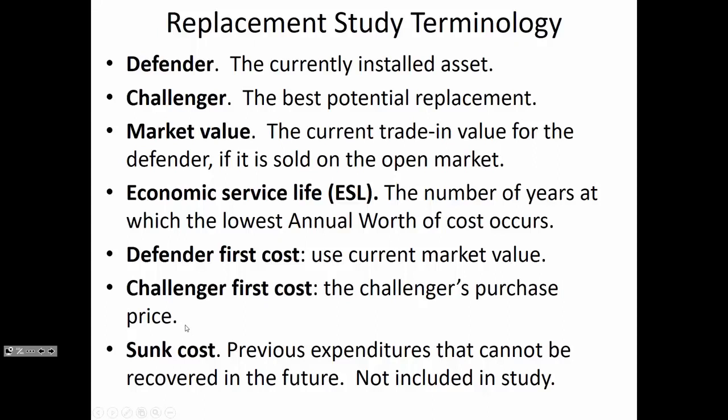We'll talk more about sunk costs, but it's just the idea that you've already spent a lot of money on an existing item, but you need to ignore sunk costs when you're comparing alternatives. And that's sometimes a problem when people are selling their car online and they have a personal attachment to it. They'll tell you a whole long story about how they replaced the brakes 3 months ago, and then they had to put on a new tire 2 months before that,